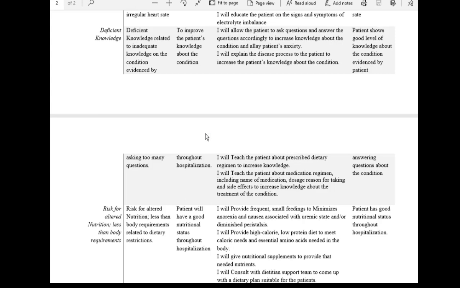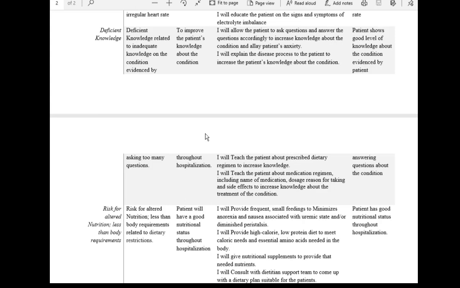Our nursing interventions: I will allow the patient to ask questions and I will answer the questions accordingly to increase knowledge about the condition and allay anxiety. So I will allow the patient to ask the questions and I will answer them. I will explain the disease process to the patient to increase the patient's knowledge about the condition. I will teach the patient about prescribed dietary